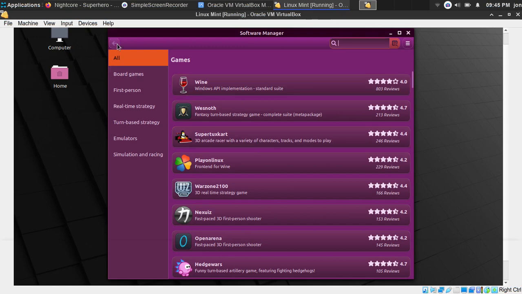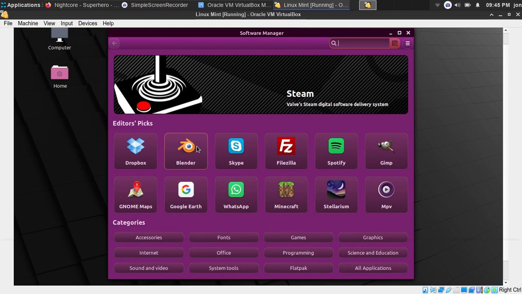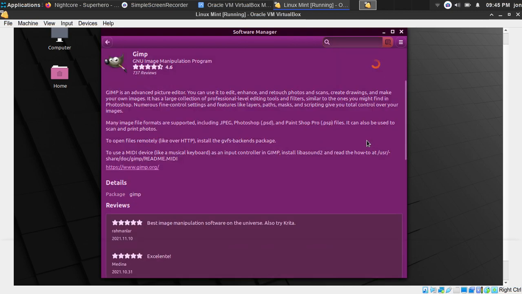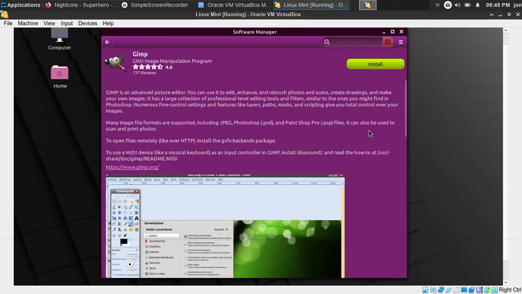So we can go back if we wanted to, and so on. So in our example, what I'm going to show you guys is how to install GIMP on the software manager. So let's click onto GIMP, and this should open up GIMP. Okay, so to install the software, what you guys want to do is click onto this install button, and